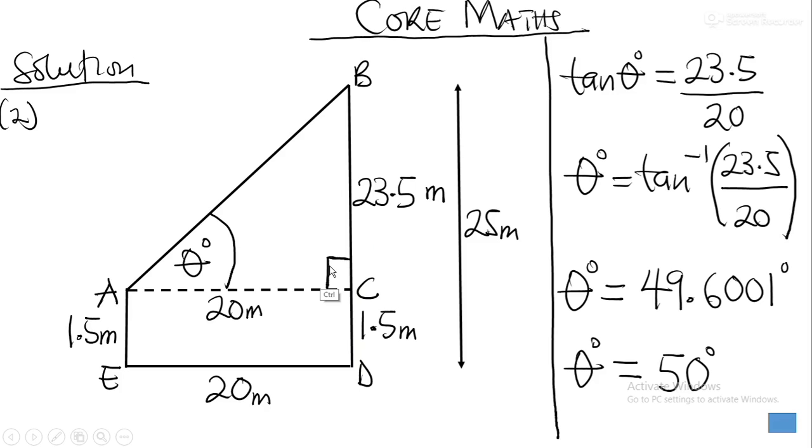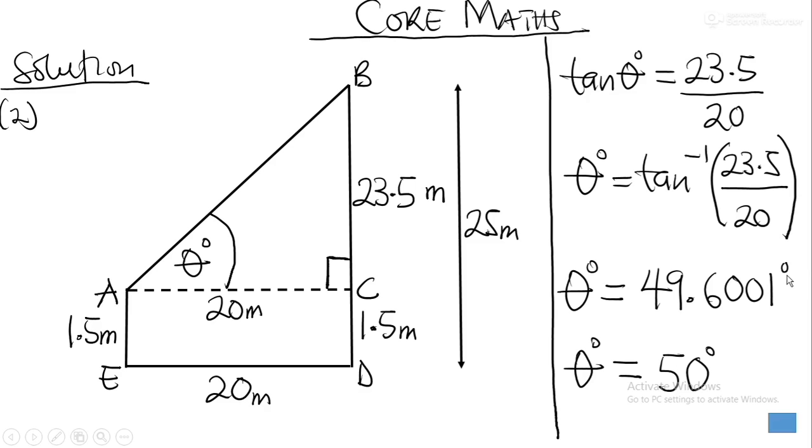So you have your 90 degree here, so you have your right angle triangle. So the next step is to what? To look for the appropriate trig ratio that connects the angle theta, the BC, and what? The AC. And looking at the diagram, the appropriate trig ratio will be what? Tan. So tan theta. So here we need the angle. So tan theta will be equal to what? 23.5 over 20. Because we want the angle, we find tan inverse of what? 23.5 on what? On 20. And from the calculator, we'll be getting